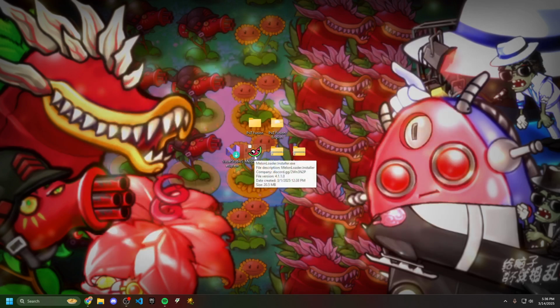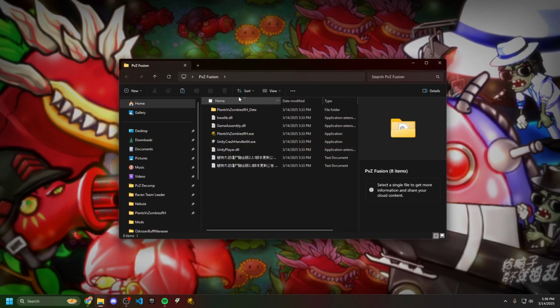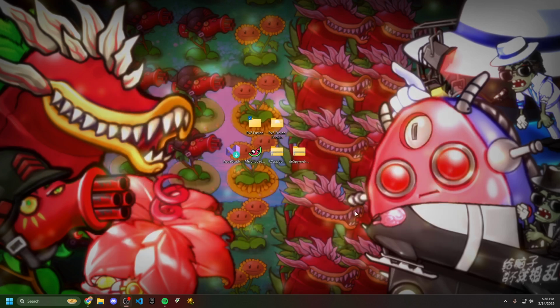Now, what we're going to do is we're going to install Melon Loader into our Plants vs. Zombies Fusion copy. Now, the good thing about this is that if you're using the multi-language version, Melon Loader is already installed, so you don't have to install it again. But if you're for some reason using the original version, the one with Chinese text, you're gonna have to install Melon Loader. So the first step is to open up the MelonLoader installer.exe,